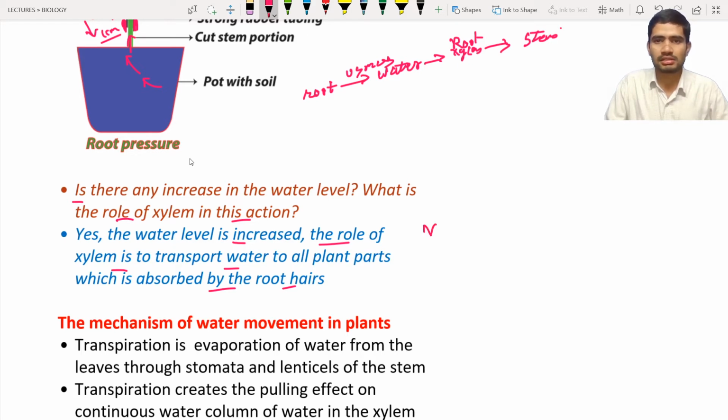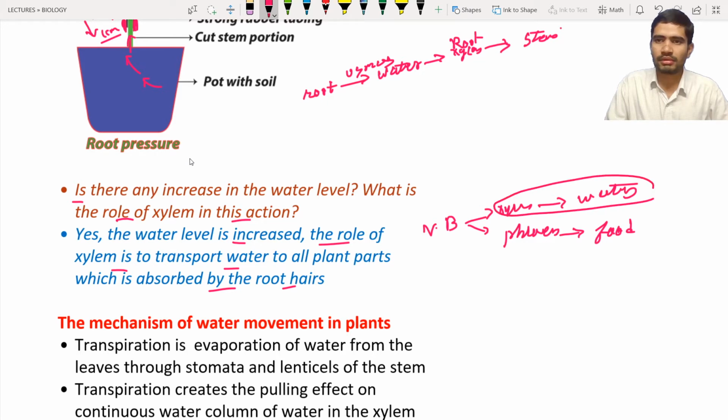Now, the vascular bundles. What is meant by vascular bundles? They are of two types: one is xylem and the other is phloem. What is meant by xylem? It helps in the transportation of water only. The water will be transported through the xylem. And the phloem is going to transport the food materials, especially glucose, vitamins or proteins, whatever it may be. So remember that the xylem is a type of vascular bundle helping in the transportation of water.